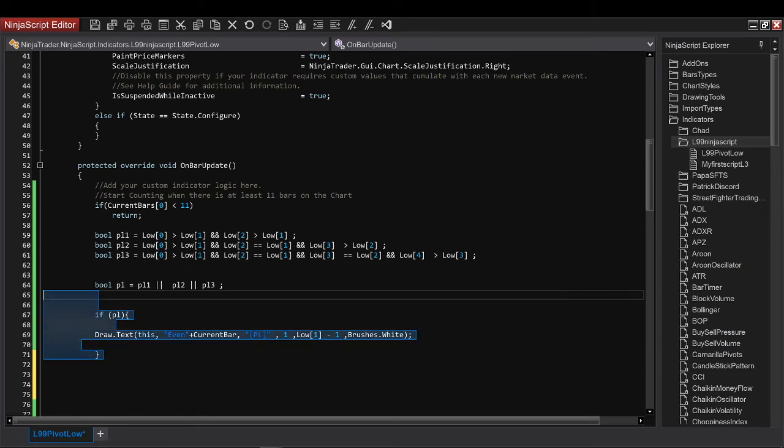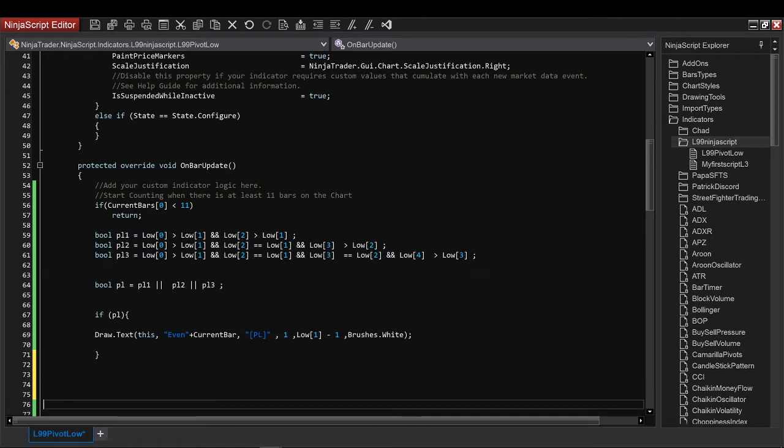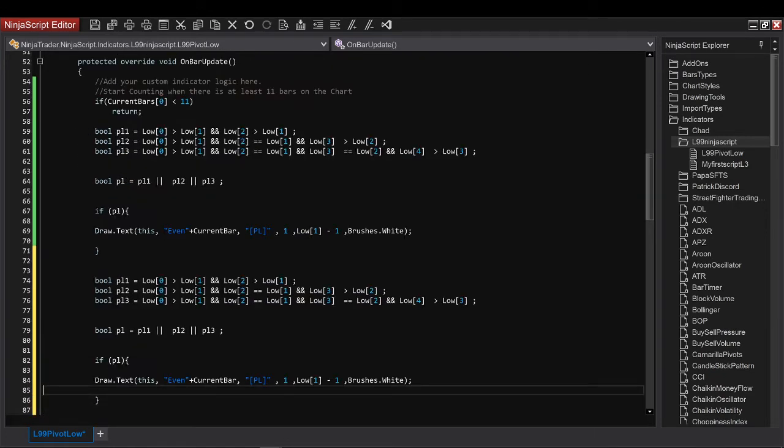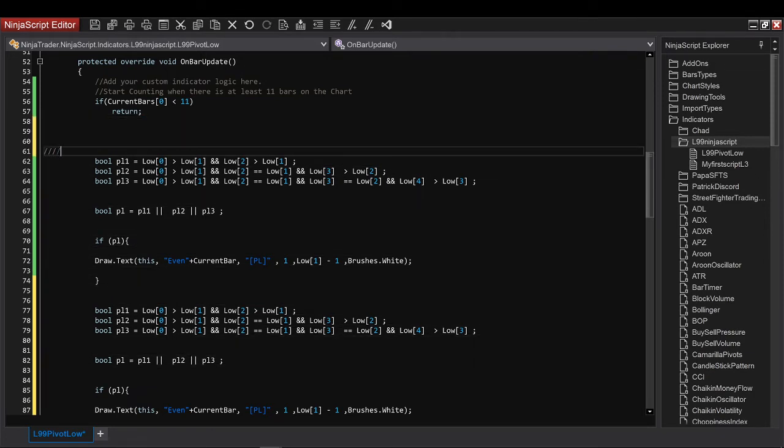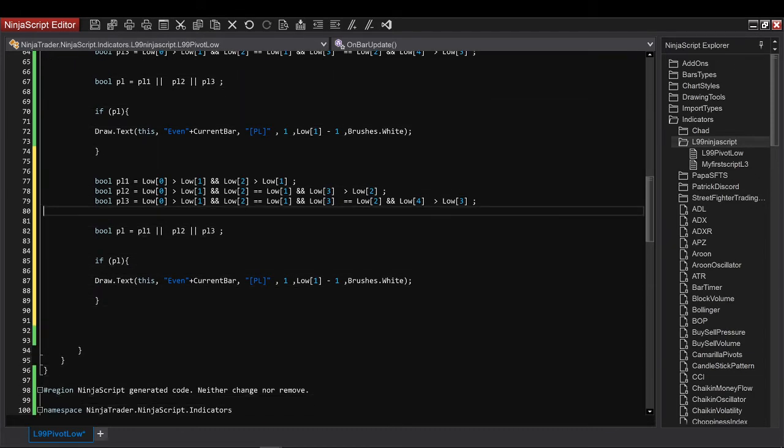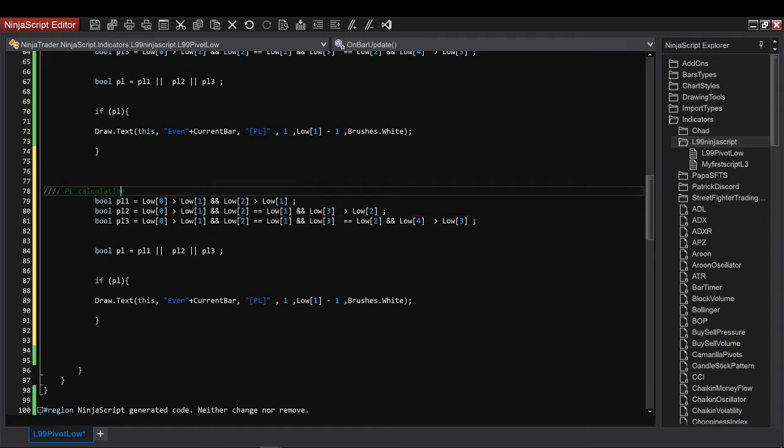So I have my pivot low here. What I'm going to do is simply draw. It's good also to put comments in your code. Don't do like me. So this is the pivot low calculation. And then I'll copy paste and do the pivot high calculation. So instead of low, I put high, ph,